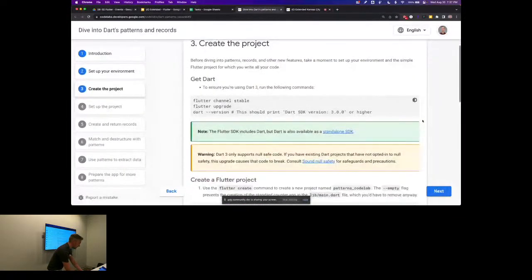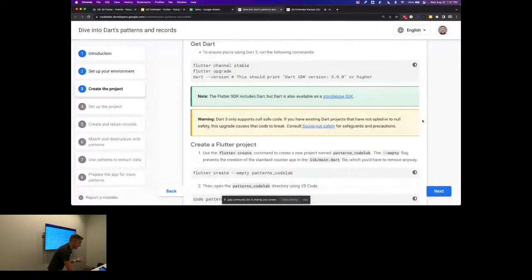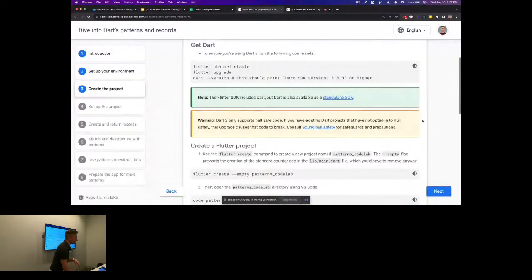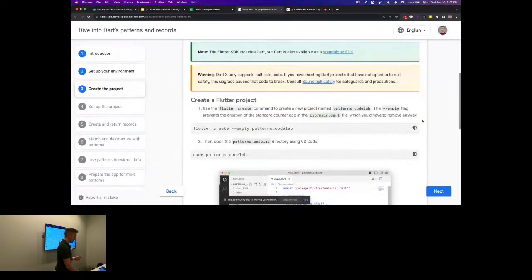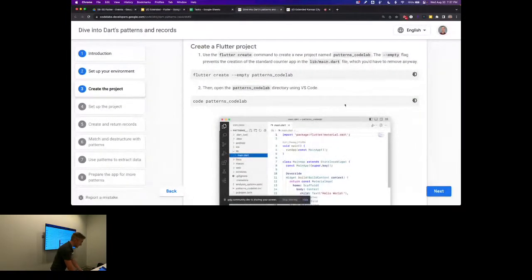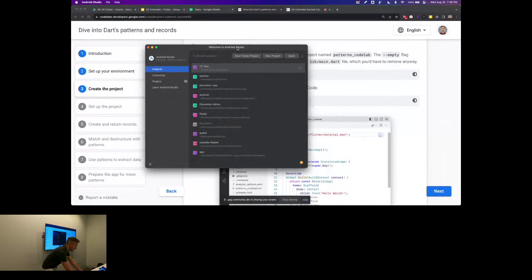So first thing that we'll do, make sure you're on the right version. I did that last night. So the current stable is 3.13, so I will be running 3.13 doing this. And then we'll create our Flutter project. You can do it from the command line with this, but I will show you how to do it from